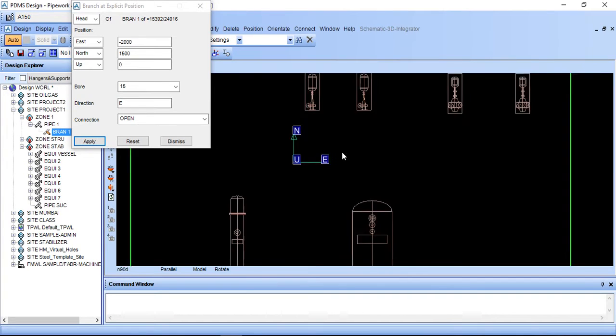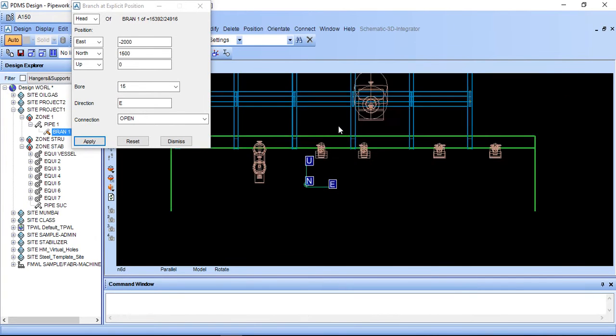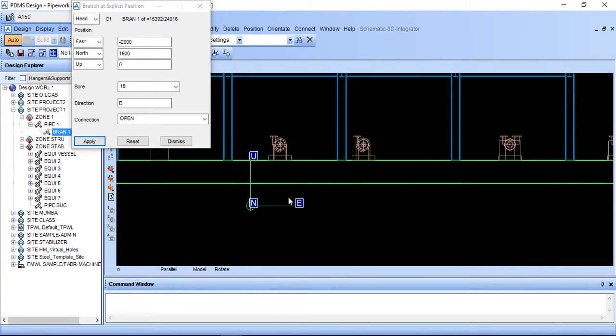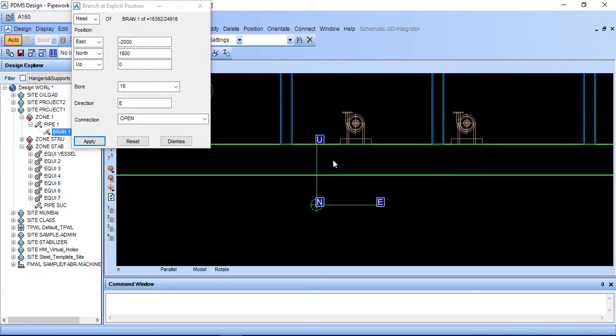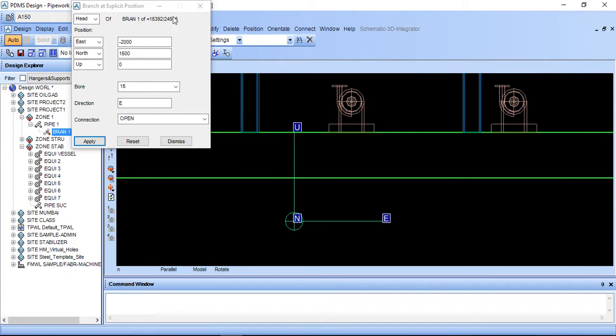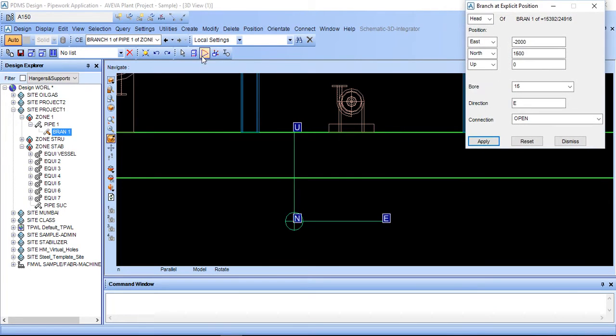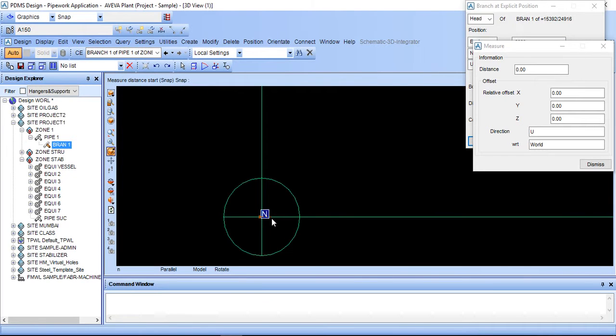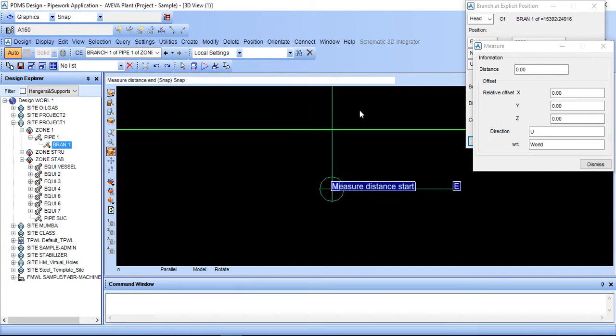Now if we see in north position, it is here. So we need to measure distance to meet this level. Go to measure, click graphics, click this and match this.